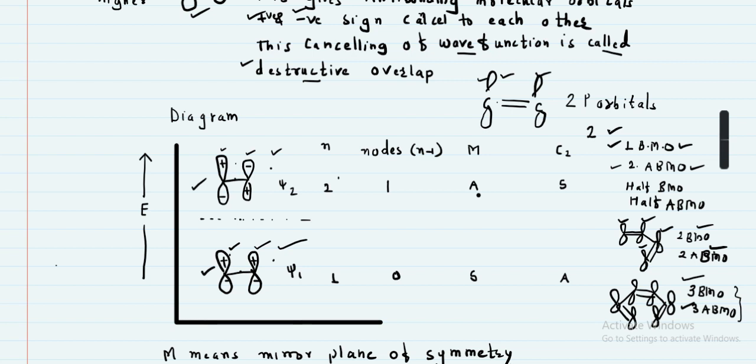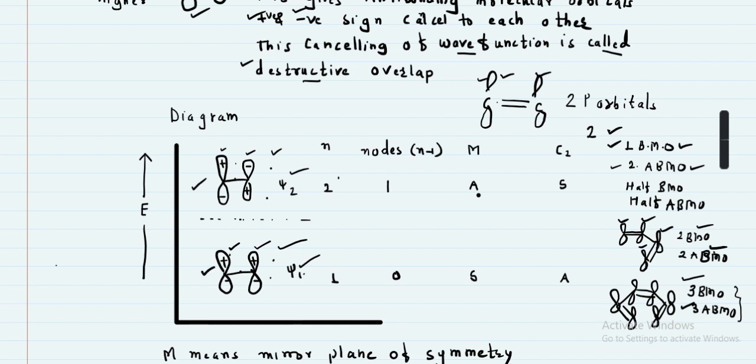Okay, therefore such bonding molecular or pi orbitals we can denote as psi1. Okay, the wave function, that is psi1. We denote such bonding and anti-bonding molecular orbitals with this notation. Molecular orbitals can be abbreviated with psi1 and psi2. First is psi1 and second one is psi2, and so on.